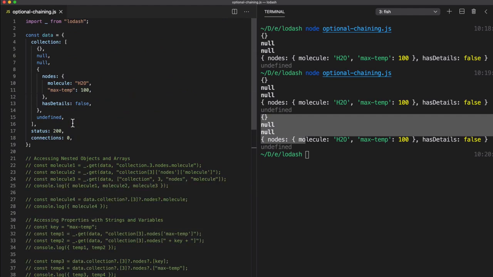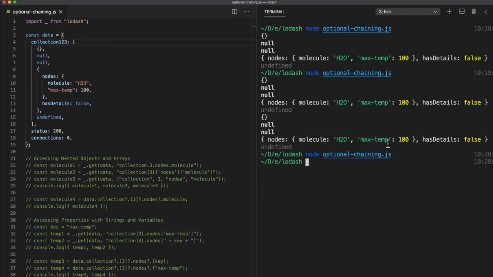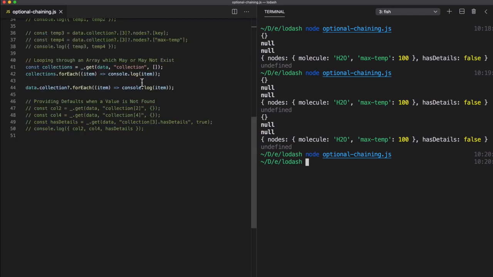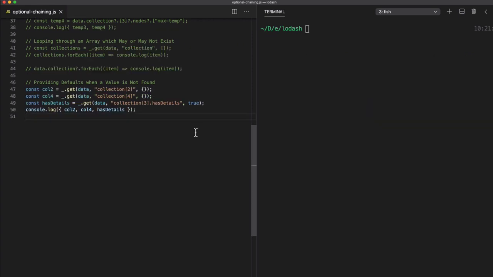And if we go up to our collection and rename this to collection123 and rerun it, you'll see that no errors are thrown. It's a completely safe way to execute a method on an object, even if that object may not exist. And for the last example, I'd like to go over providing default values when a value is not